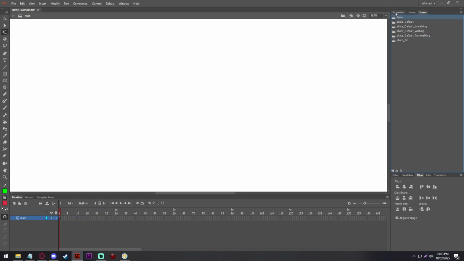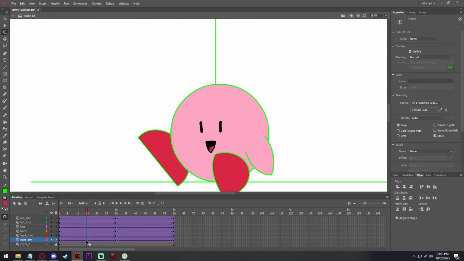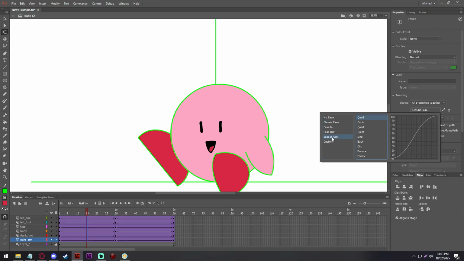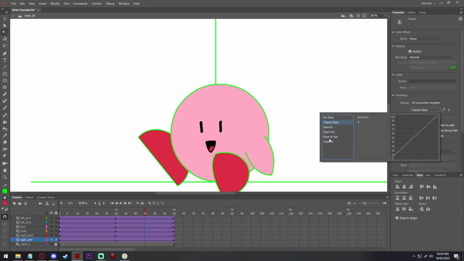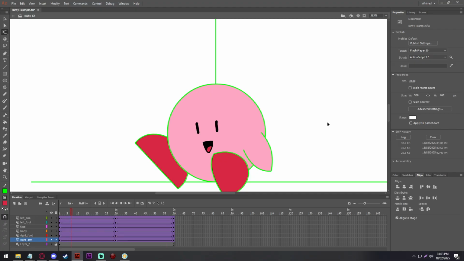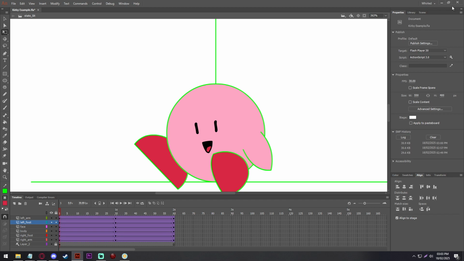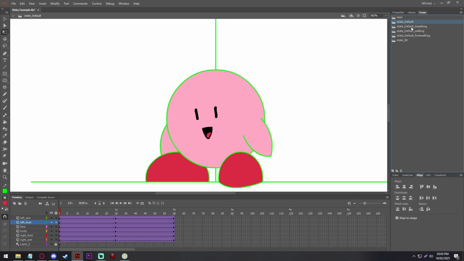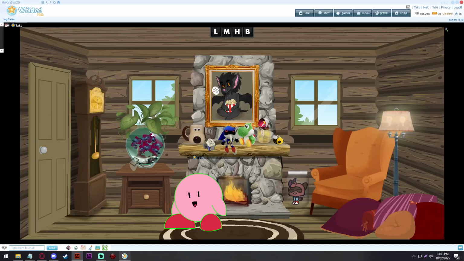I can put my easing in. Oh, I just clicked off it by accident. We want the in and out. We want to do that for both sides. In and out. So he's just sat there rocking. So we got default and we got a sit. The sit does not have a walking yet, and it doesn't have any transitions. It's just sitting down. So if we publish that as it is,